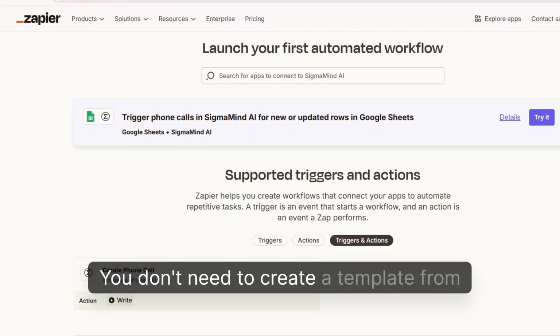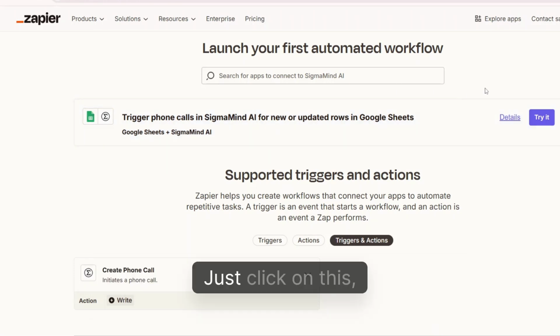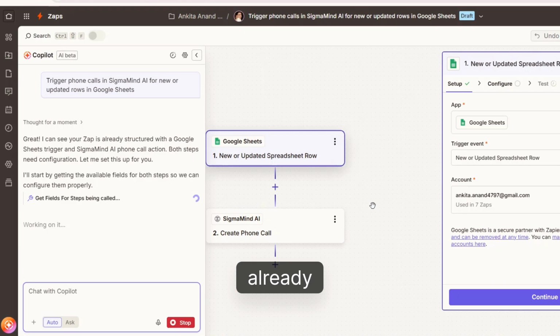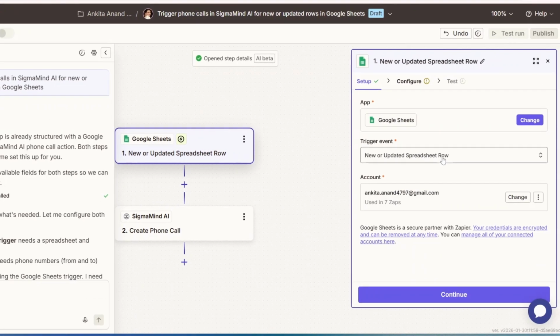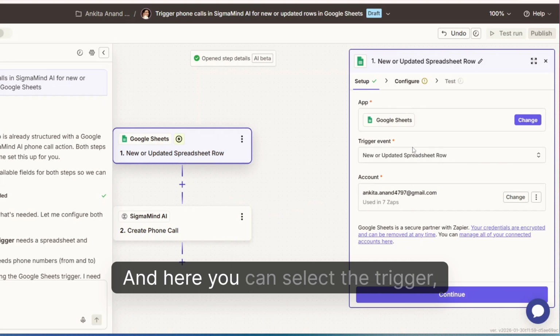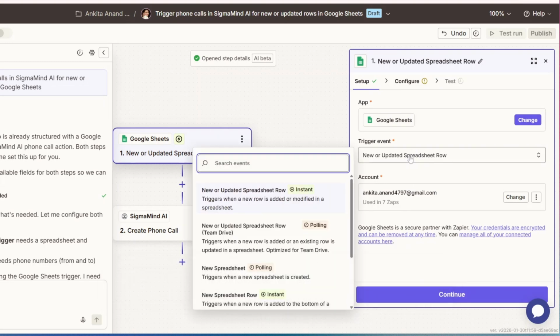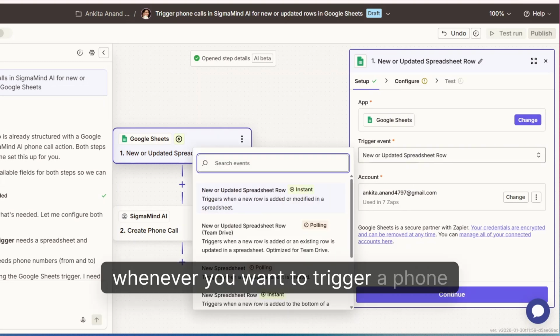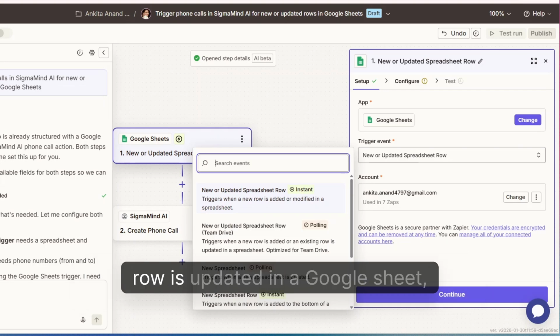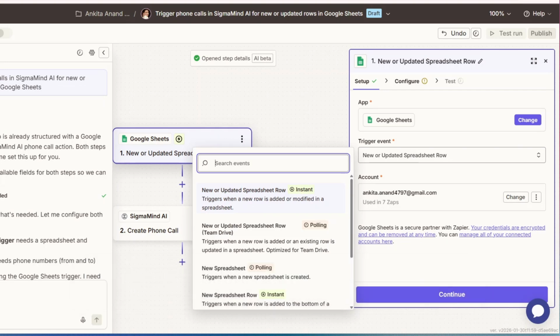You don't need to create a template from scratch. Just click on this Try it. And here you can see your template is already ready. So from here you just have to add your account, and here you can select the trigger event whenever you want to trigger a phone call. Here I have added that whenever a new row is updated in a Google Sheet, then a phone call